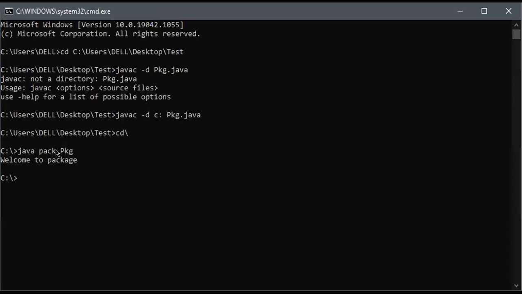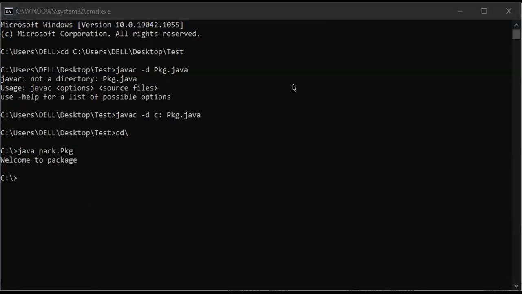How are you going to run the package? By using the dot operator. Inside the C drive we are having PACK, and inside this folder we are having a class file. So this is how we are going to run the program, because what we wrote in our program was just welcome to the package.